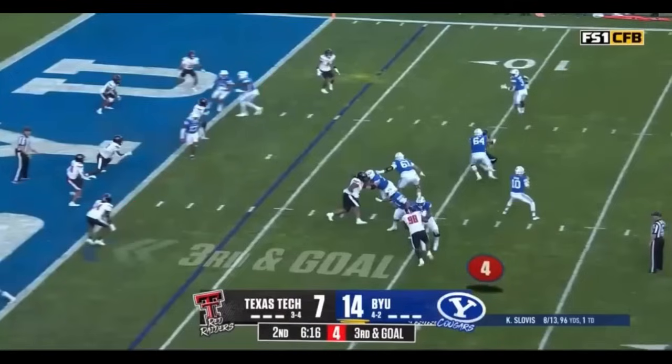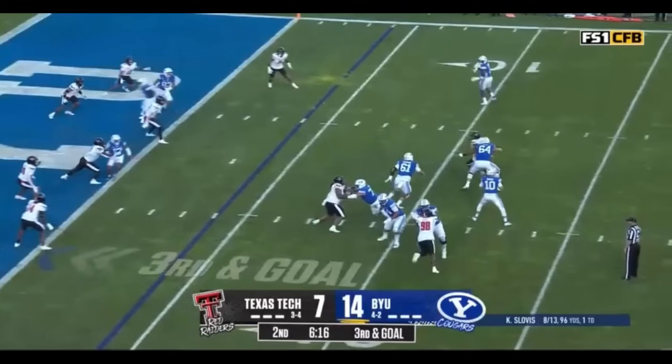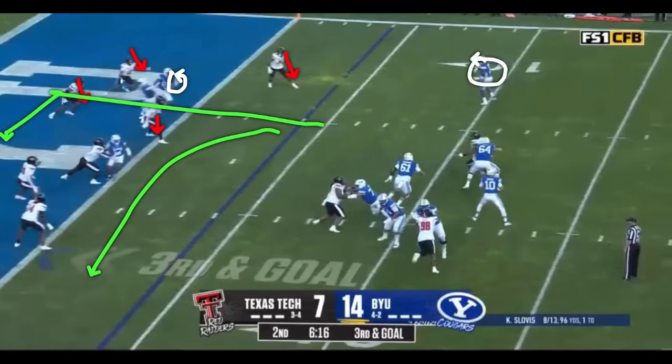There's the hook. Which means when they overplay the numbers to the swing and the hook. Can you see this? If I mark these guys in red, 1, 2, 3, 4. They have 1, 2, 3, 4 for BYU's 1, 2. So that means the swing hook portion of it is off. You're going to have to come back inside, and now you are going to play the shallow and the in